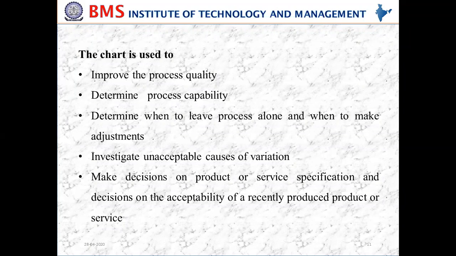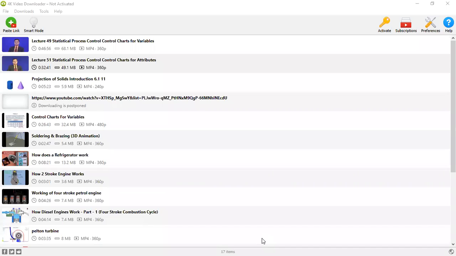So these are the uses of control chart, and we'll move on to the next: control charts for attributes. So here, if you look at control charts for attributes, an attribute is nothing but